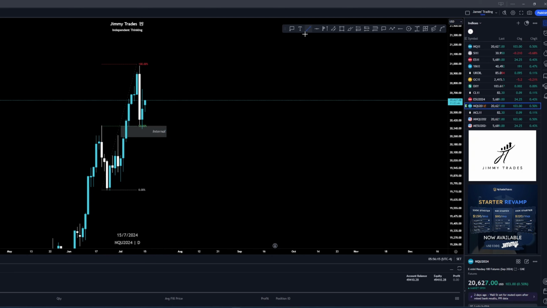Okay, so with that in mind, this is our external. So moving from internal to external is my idea. So I'd be looking for bullish price action today, which means bullish entry if our narrative and logic aligns with that, our structure on the hourly chart. So let's jump down to the hourly.